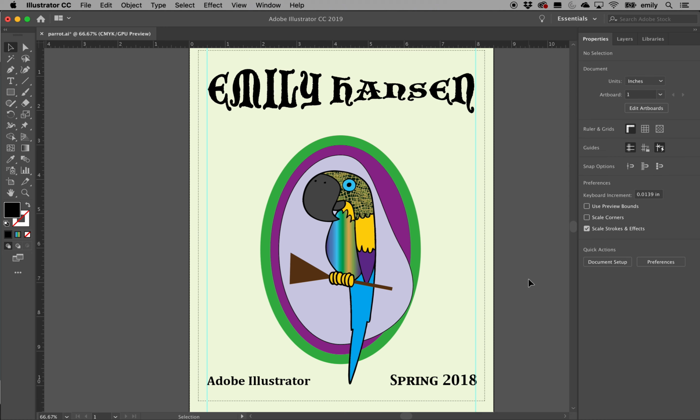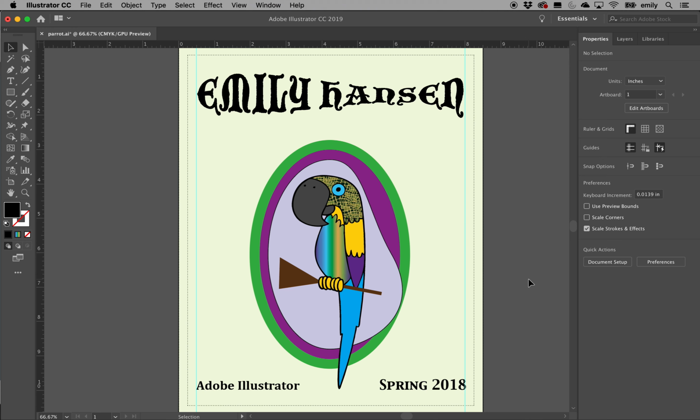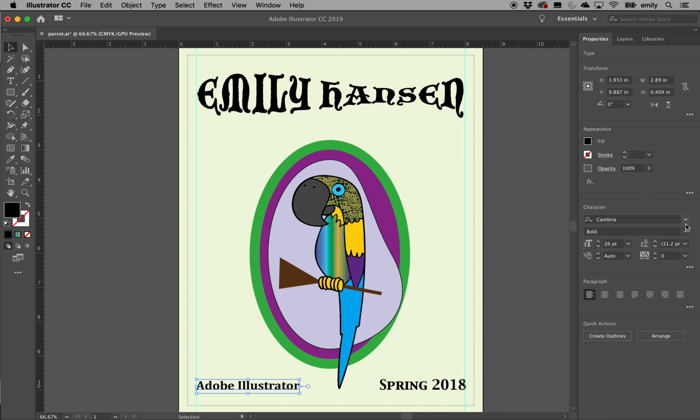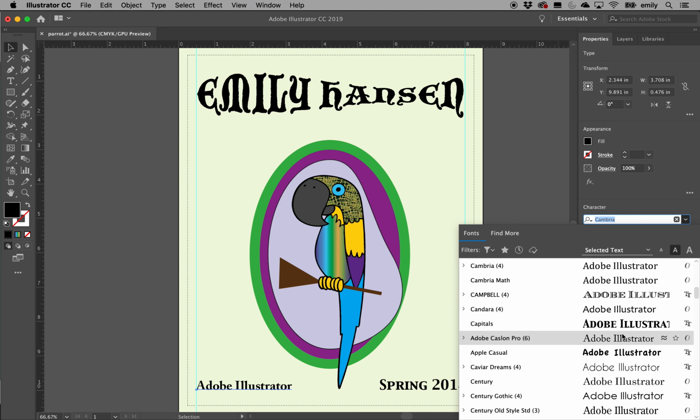And then here comes the tricky part. These will get you some of your final up to 20 points if you can manage these things. Behind the properties panel here on the right hand side, there's the layers panel. And in there, you'll notice the last two layers are locked. That is the background layer and your Adobe Illustrator text on the left hand side. So if I unlock those, now I can change these two things. So Illustrator, I can select it, go back over here, change the font again to something else.